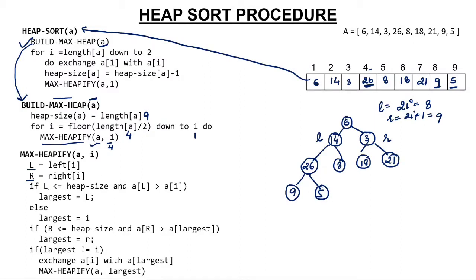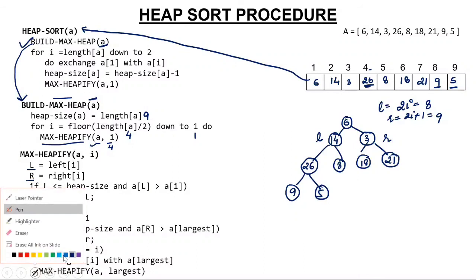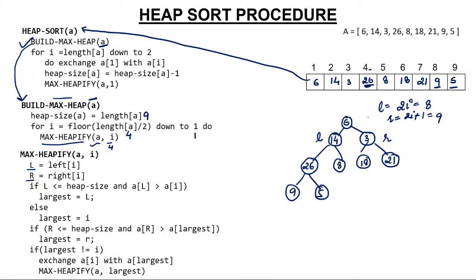Now let me make the index also, it will become easy for you to understand. This is the first index, this is the second index, this one is third, this one is fourth. You can match from the array. Fifth index, sixth index, seventh, eighth, and ninth index. Now I'll check: left is representing the second index. Is left less than heap size? What is heap size? 9. Yes, the condition is true. Is array of left, that is the value 14, greater than